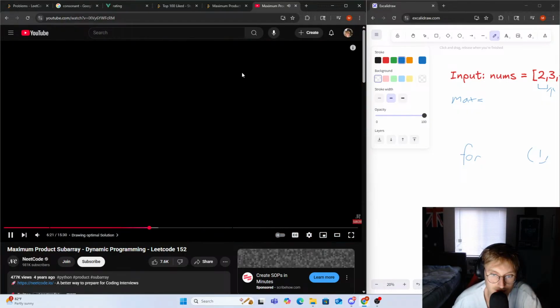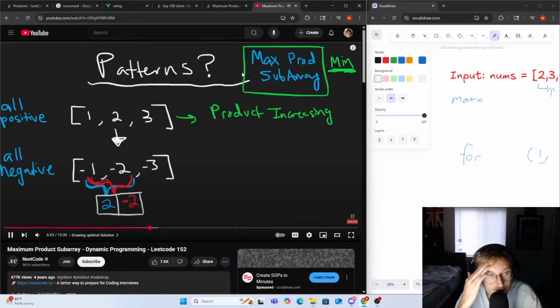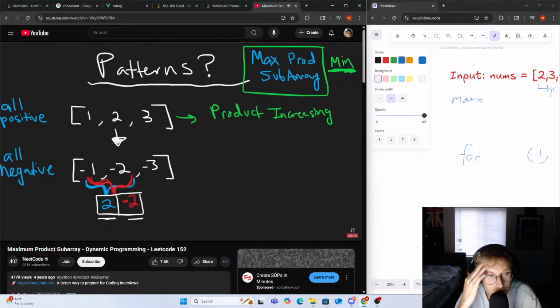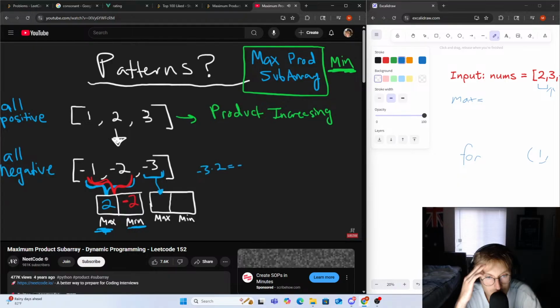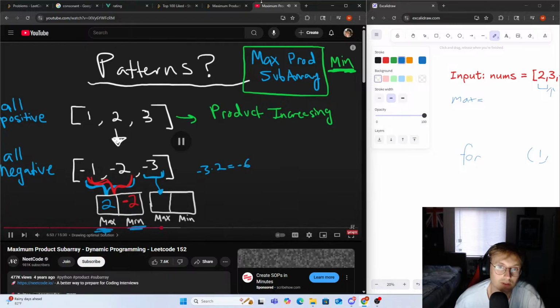Thanks. Both positive and negative. So we have a positive 2 and a negative 2. We keep the max and we keep the minimum. So now when we want to compute the max product subarray, when we include this 3, then we can compute that using both of these values. So we know that when we take the maximum 2, we get negative 3 times 2, which is negative 6. And we know when we take